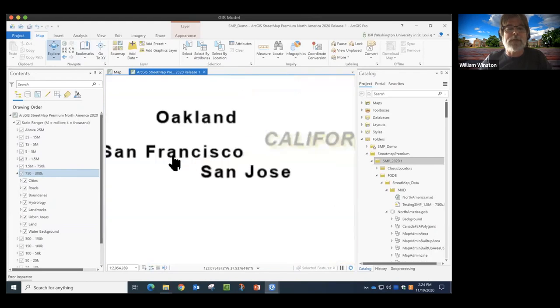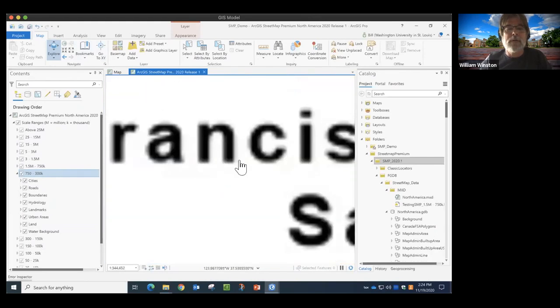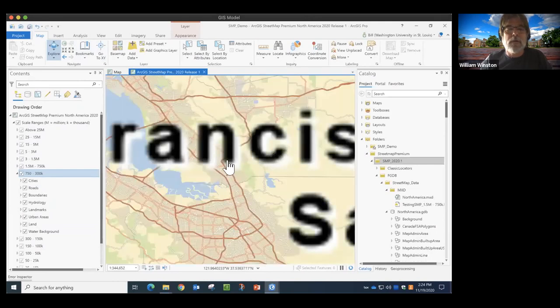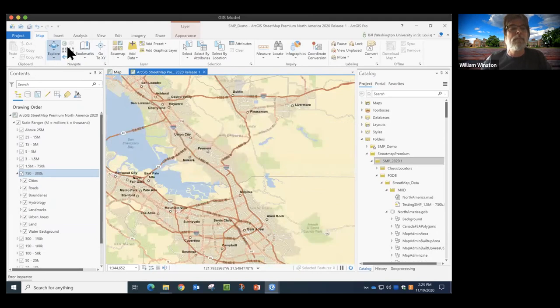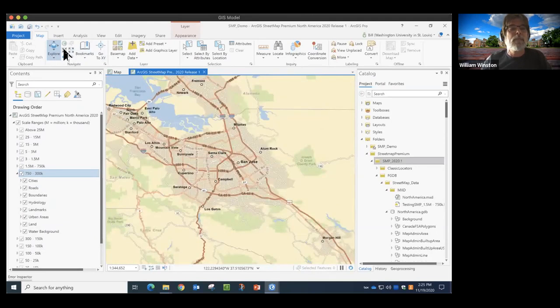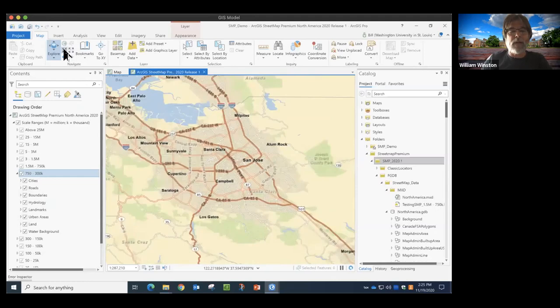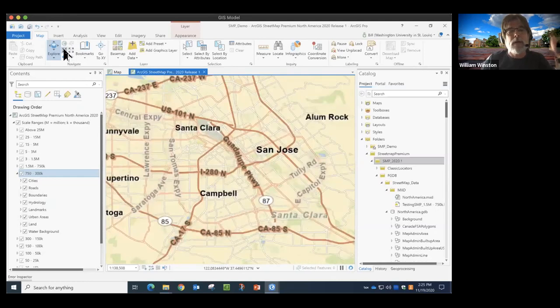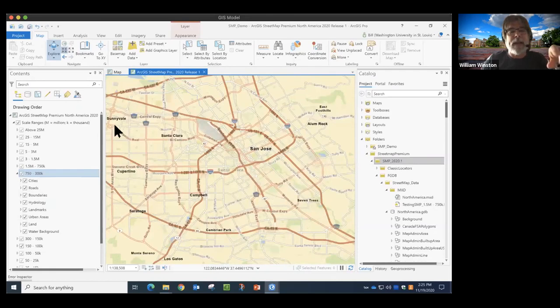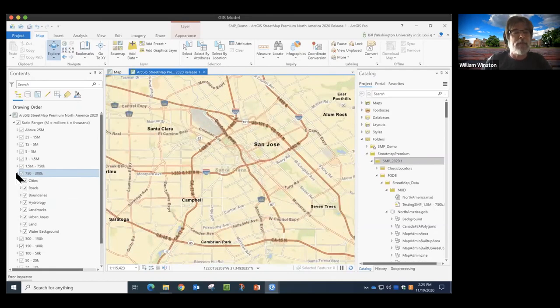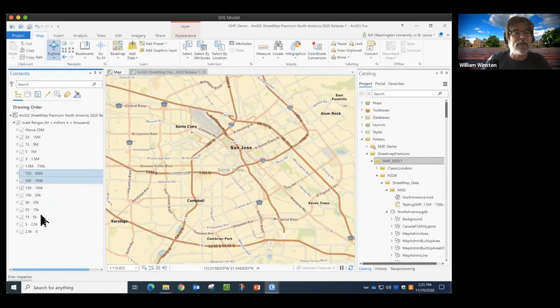San Francisco sounds good. And so this will demonstrate a little bit more effectively the types of features that we see as we begin to move in closer. And you'll notice in the table of contents, as we change our zoom scale,